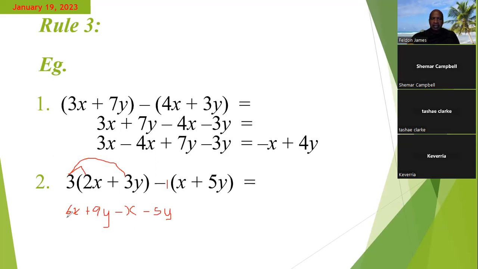So in this case, we're going to add 6x with minus x. So we just find a difference. We have 6x minus x, that leaves you with 5x. And for the y's now, we have 9y minus 5y, which will leave you with positive 4y. And so